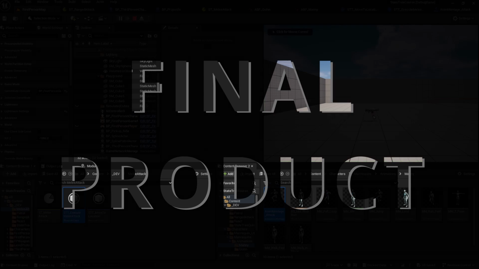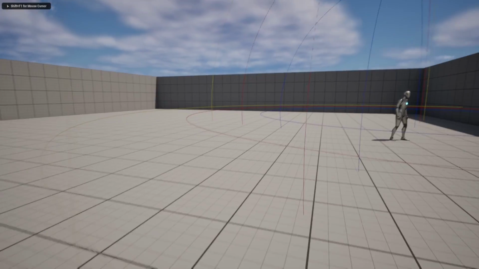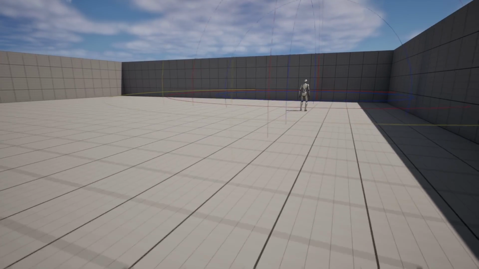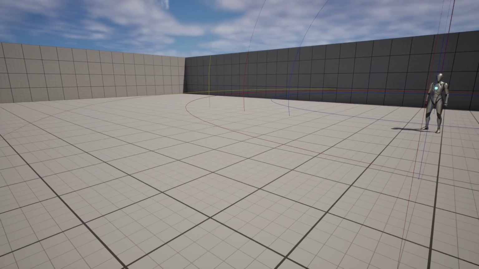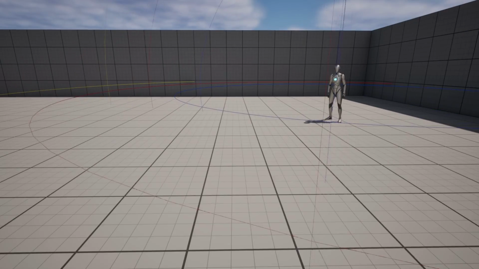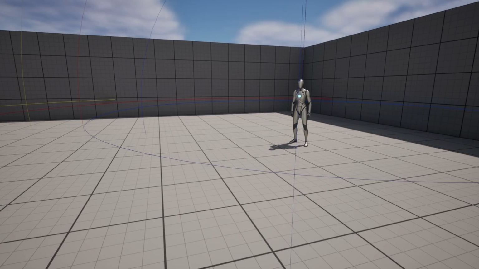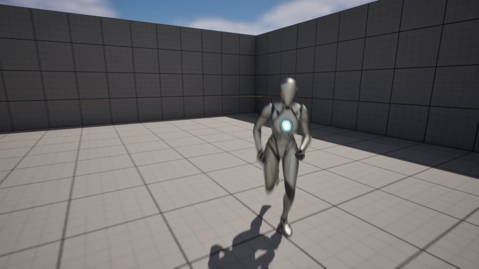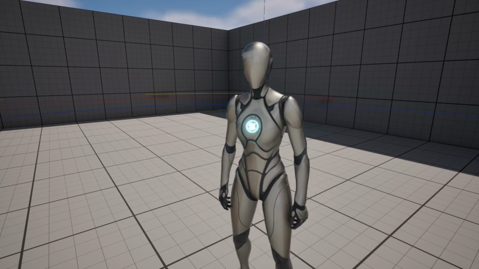Now we have an AI that has 3 different states. One of those states is to patrol. Actually, it's 4 states. So he's got a patrol state. Then he's got a reaction state where he's reacting to an enemy that just entered their radius. He's also shooting at that enemy when they enter the range radius. And then if they enter the melee radius, he moves up to them and he hits them with the melee